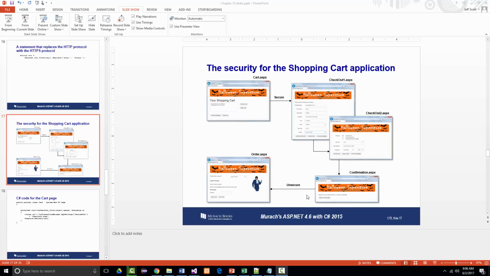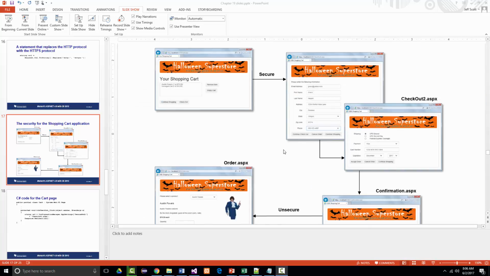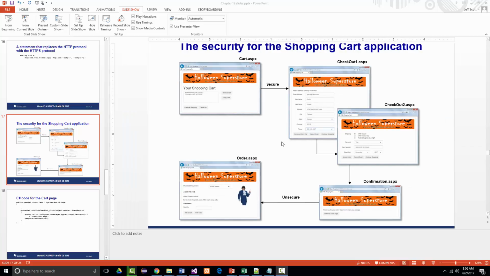So this particular page, I think I can blow it up. Can I blow it up? Yes, I can, but not that much. All right. This particular slide shows the 5 pages of the shopping cart application. The application lets the user select products and displays the shopping cart without establishing a secure connection. When the user clicks the checkout button from the cart page, a secure connection is established. The secure connection is maintained while the 2 checkout pages and the confirmation page are displayed. When the user clicks the return to order button on the confirmation page, the order page is redisplayed without a